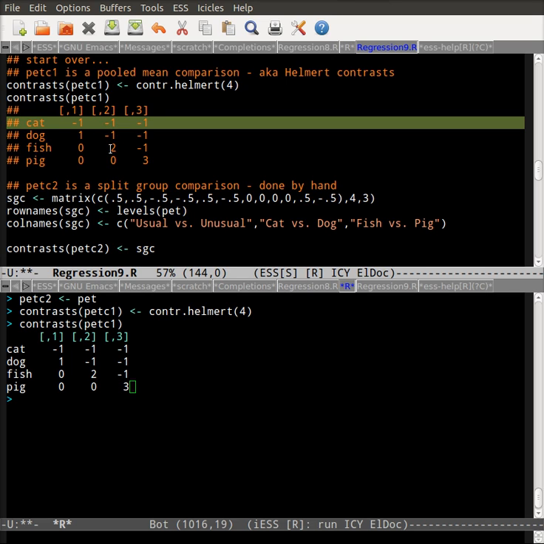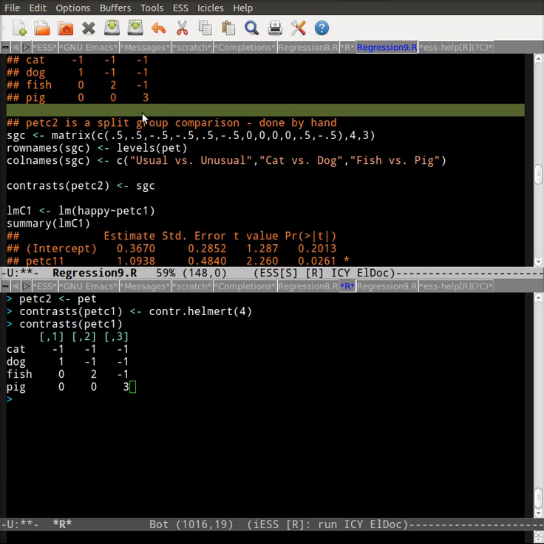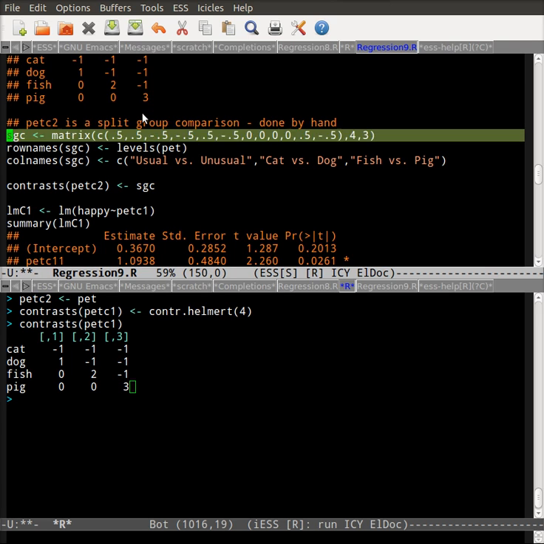So you could imagine that there could be ascending treatments where you are interested in assessing whether one treatment is better than the next, and that there are different subtypes that you keep expanding to. So you can see here it's dog versus cat, fish versus dog and cat, and then pig versus dog, cat, and fish. And then the next thing I'm going to do is set up a different set of